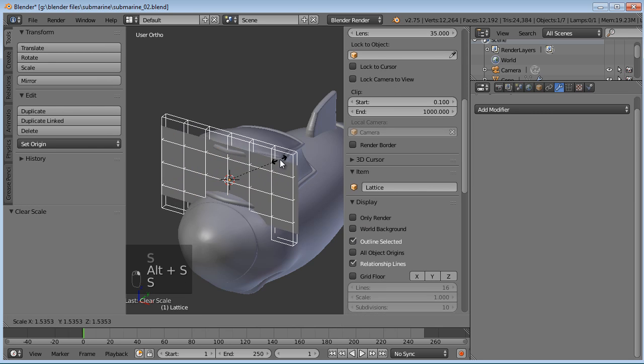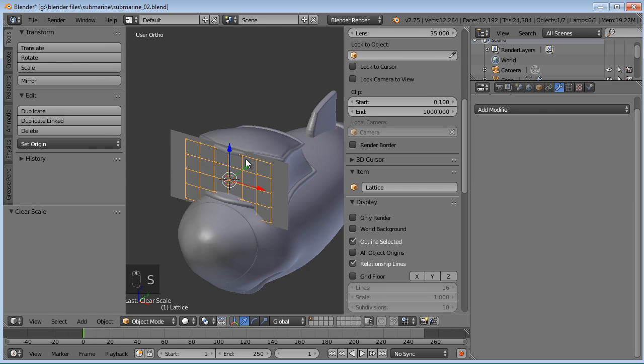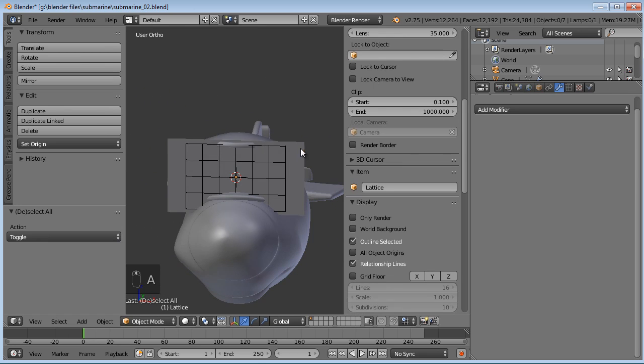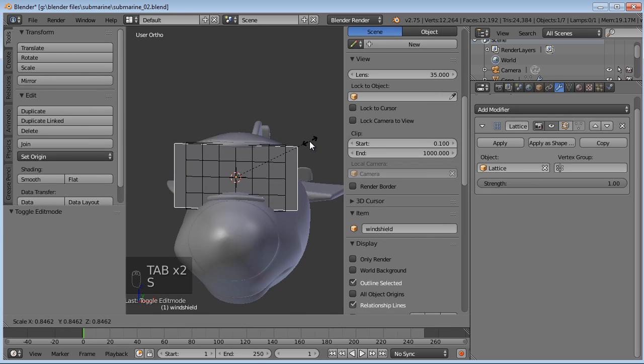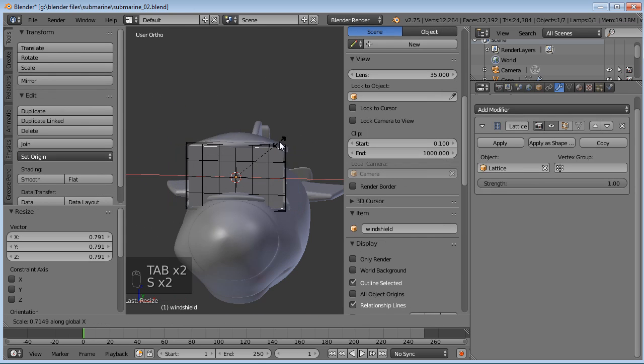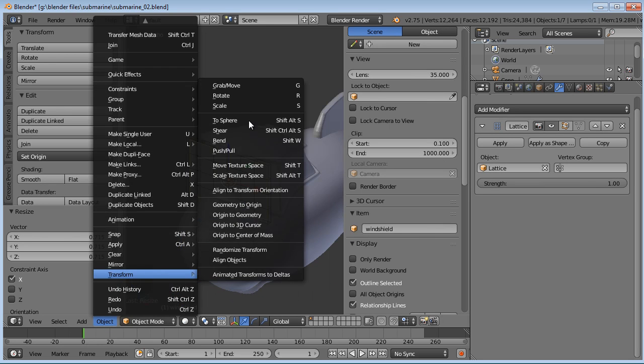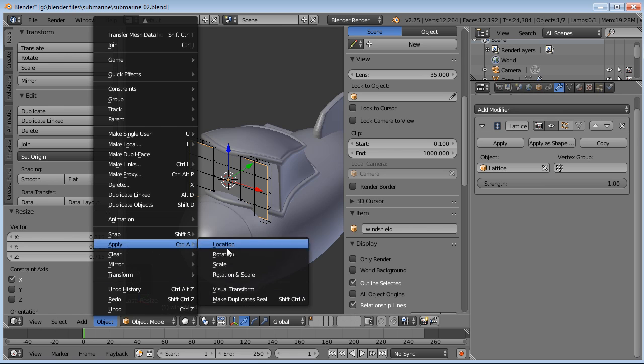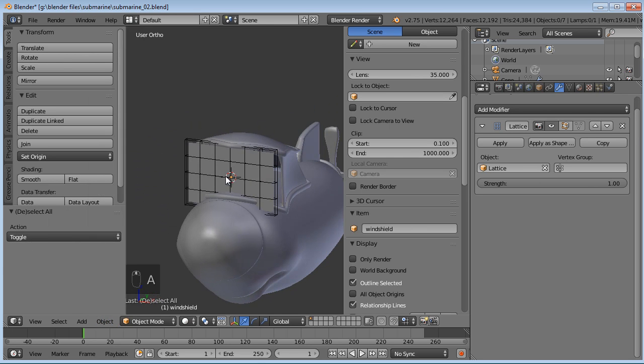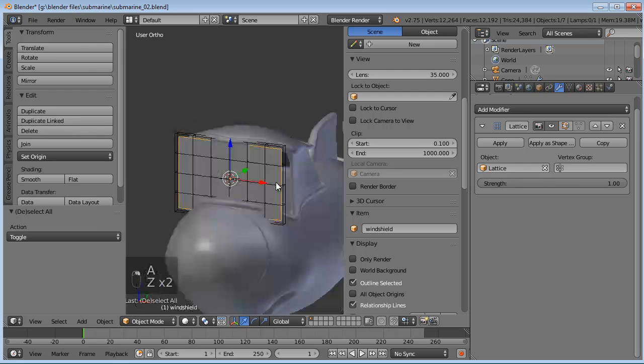We could undo everything, but we'll just truck on, select that windshield itself and scale it down. I don't know if that's going to help or not, so let's apply scale. Okay, that'll work. We got that fixed.